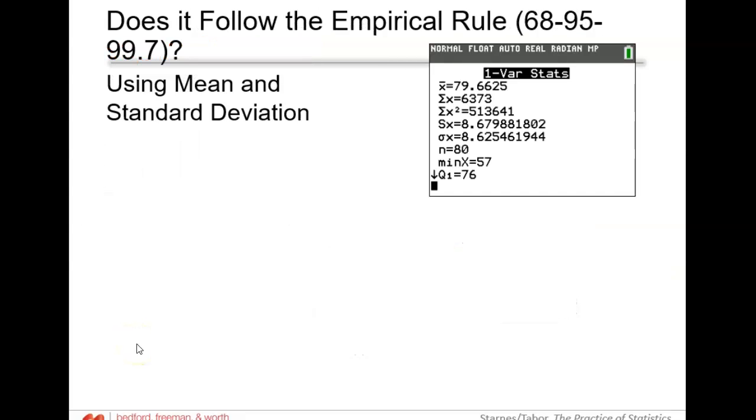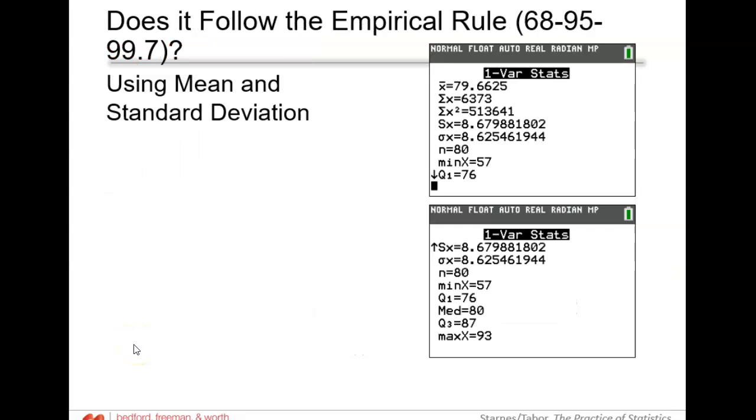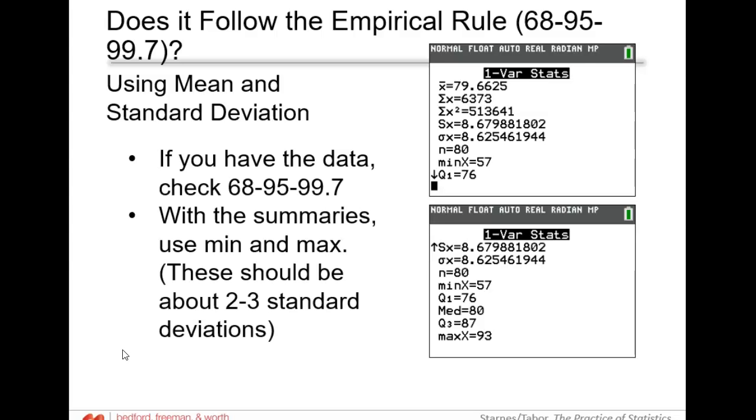So does it follow the empirical rule, which means, do 68% of the data points fall within one standard deviation? Do 95% of the data fall within two? But with summaries, sometimes we don't have the data, and what you could do is just check the min and the max to see, does the minimum and the maximum fall within about 2 or 3 standard deviations. If it falls within about 2 or 3 and there is symmetry, that's a pretty good indication that it's probably normally